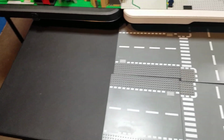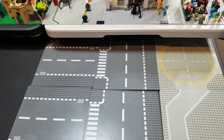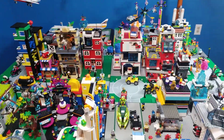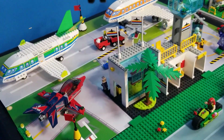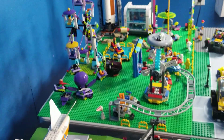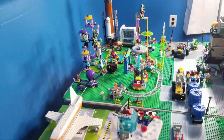It doesn't mean that they have to be used here. It does not mean that the body of water necessarily has to be on this table, although I've been kind of assuming it would be, just because everything is already laid out. But I can, if I want to, decide to, for instance, put the airport on that table. Or put Star Adventurer Park on that table. Currently, I have it the way it is,